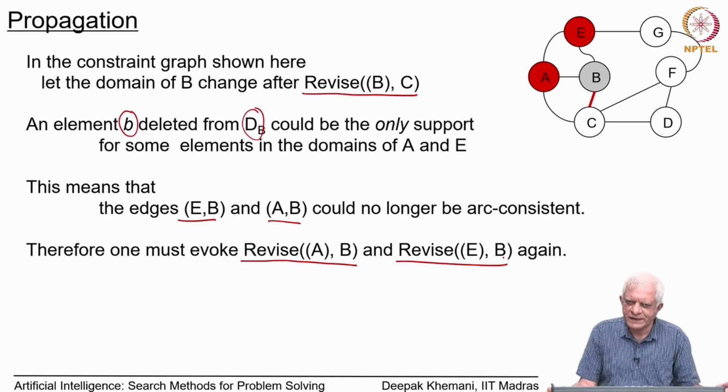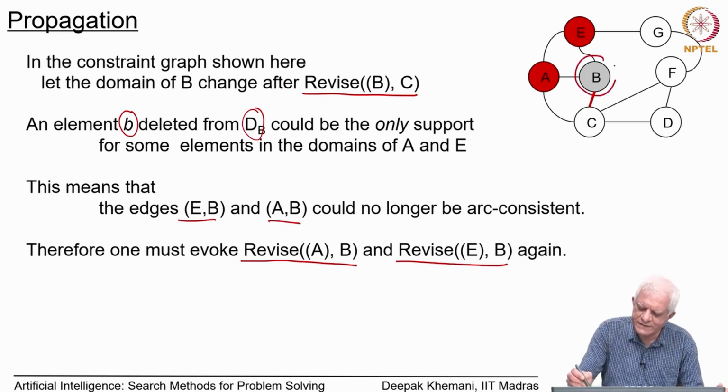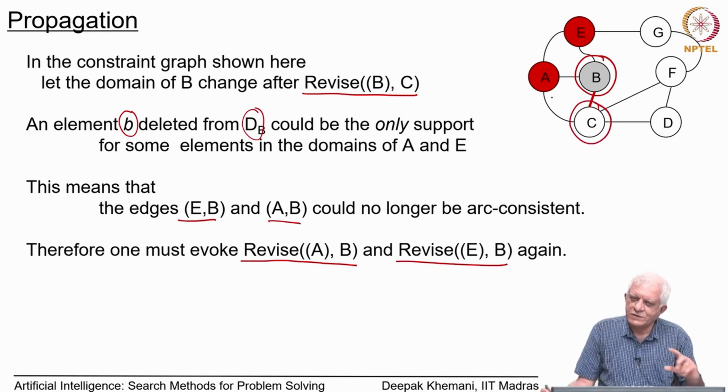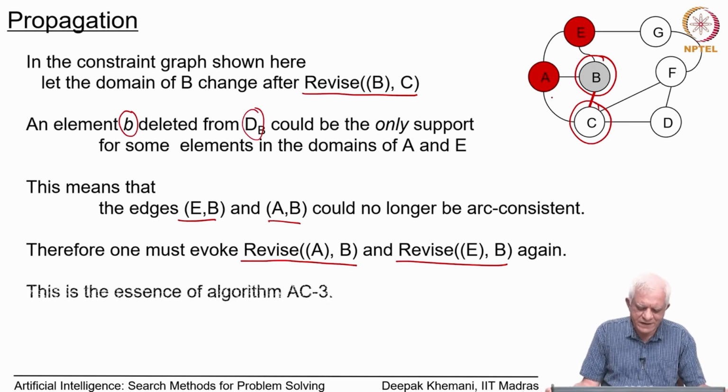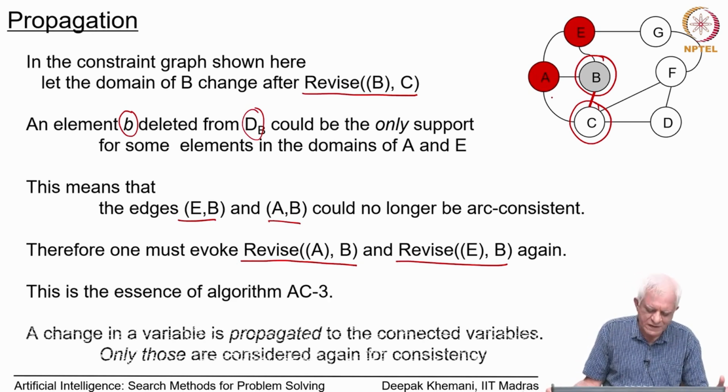Now, we can be more selective, and we can say that under certain circumstances some revise calls need to be made, and this figure basically illustrates those circumstances, that if the domain of B has changed with respect to C, then anything which was connected to B, those must be inspected again. In this case, that is A and E, and that is in essence the essence of the algorithm